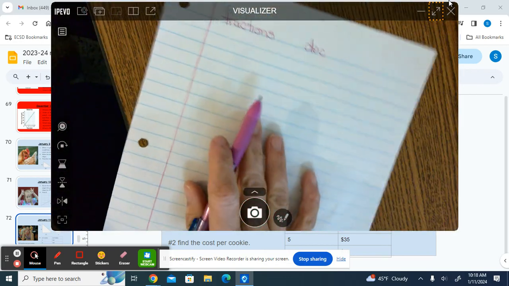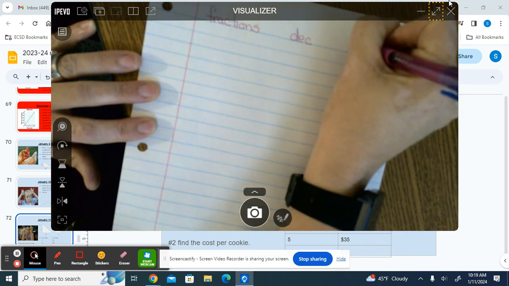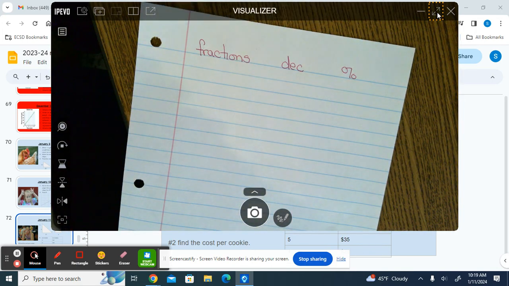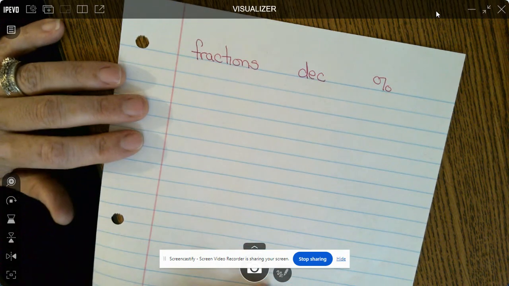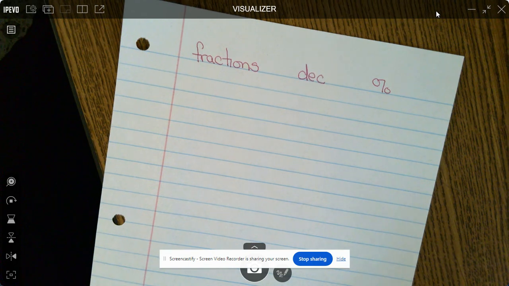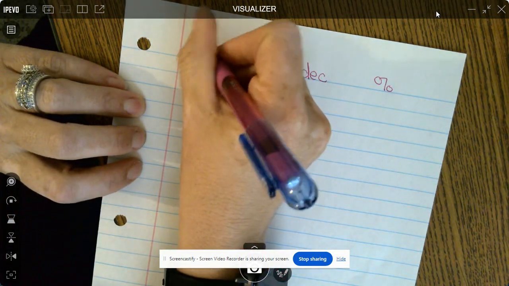So today we're going to go ahead and change between fractions, decimals, and percentages. Like I had said before, you guys have seen this back in 7th grade, if not before that. All right, we good? All right, so a fraction is, let's say that you have,